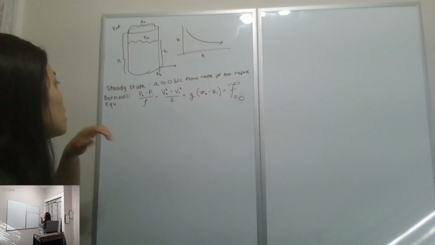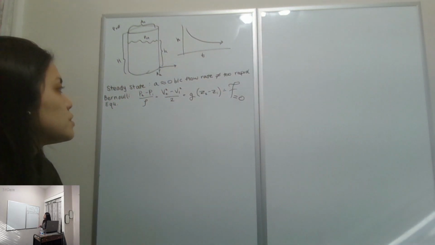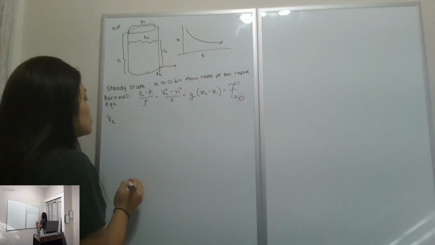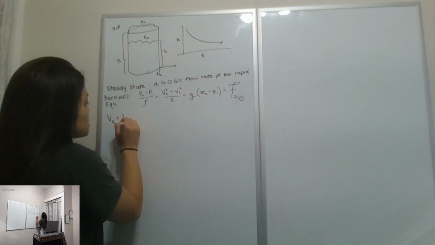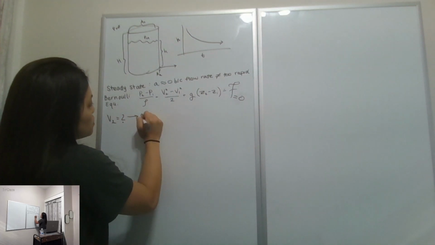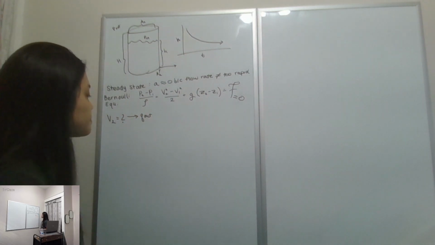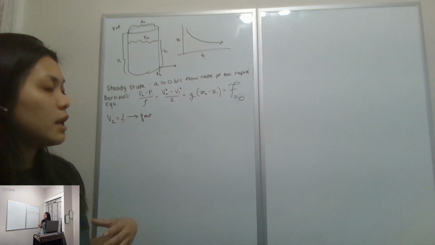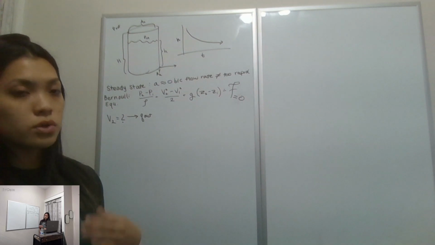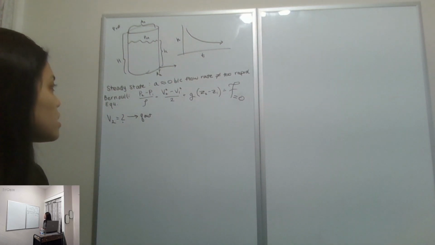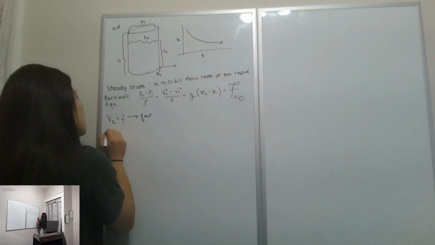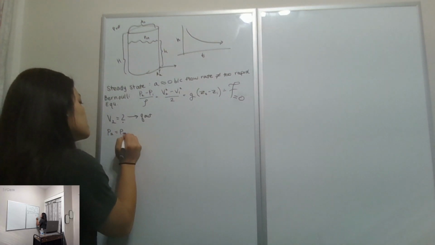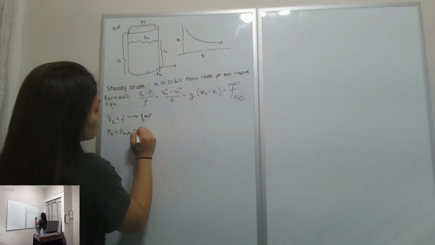And so looking at this, there's a few terms that we don't know, but our end goal is to find the velocity at position 2. And the reason for this is we can use the velocity to find the flow rate. So we define all the other terms in this equation and do the mass balance in order to find that velocity and isolate that velocity. So first, let's start with the pressure at position 2. This is going to be the pressure outside of the tank, which is the atmosphere, so we're going to have that as